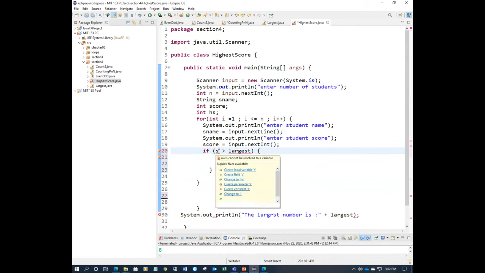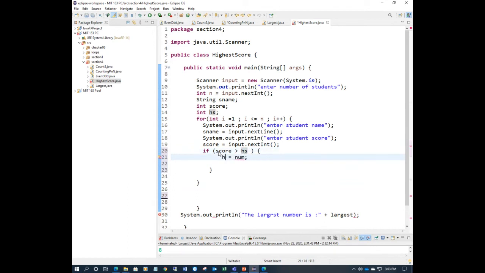Now whatever the score, we say your highest score is greater than, whatever, you can go in reverse, right? You can say here if your score is greater than highest score, then highest score is equal to score, whatever the related score.